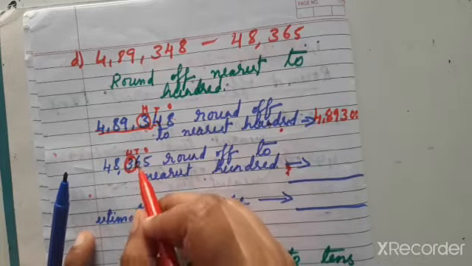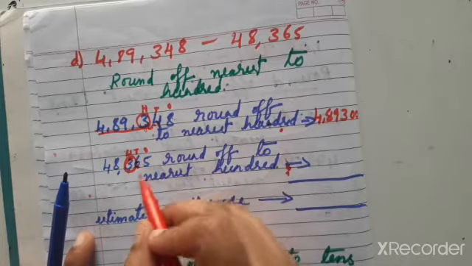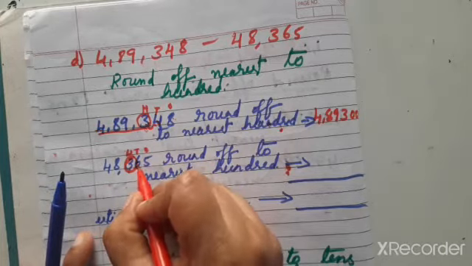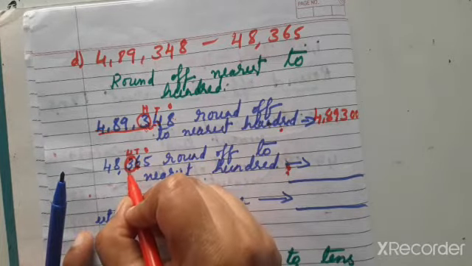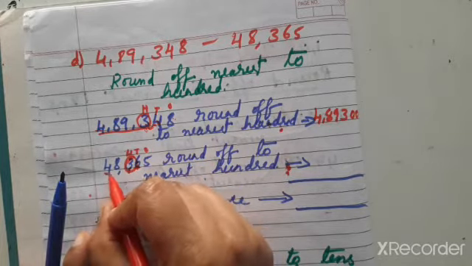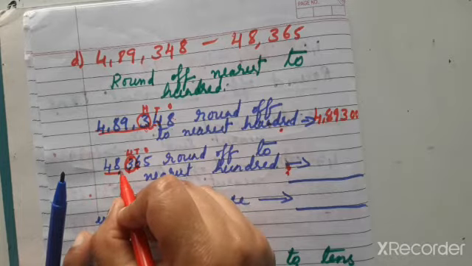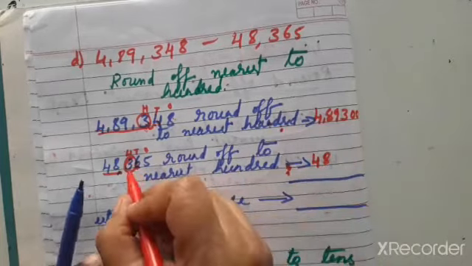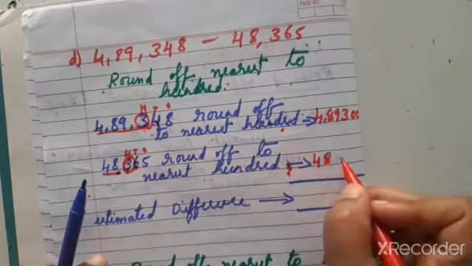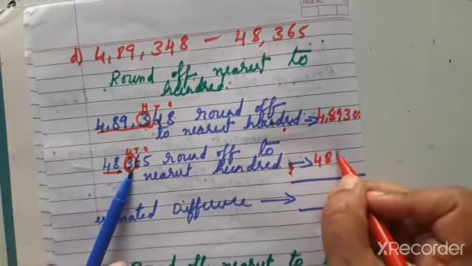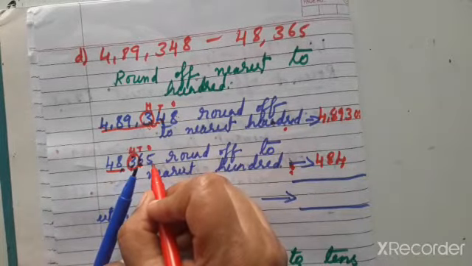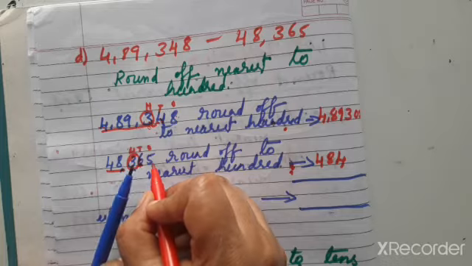Means 5, 6, 7 rupees, 8 rupees till 9. So he has 6 rupees, so he can help. Give 1 to here, he gave 1 to here, means 3 will become 4, and these numbers remain the same. The before numbers remain the same, so 48 we have to write as it is, and 1 is added, so 3 plus 1 is 4, and the helper and the after numbers remain 0. The number is 0 now.